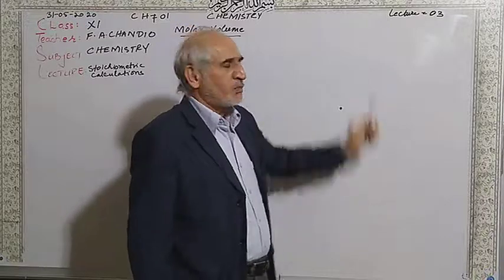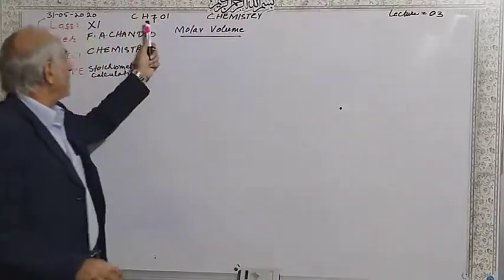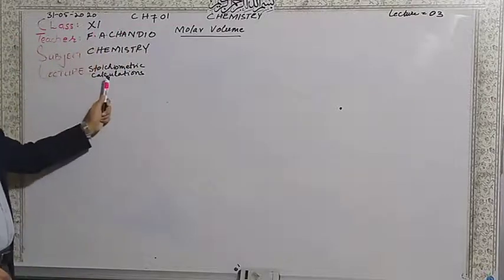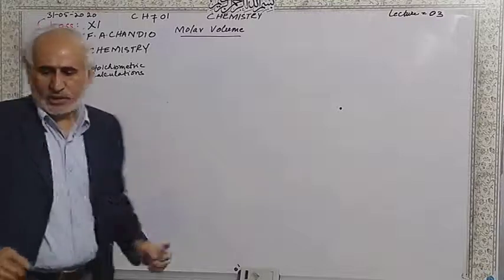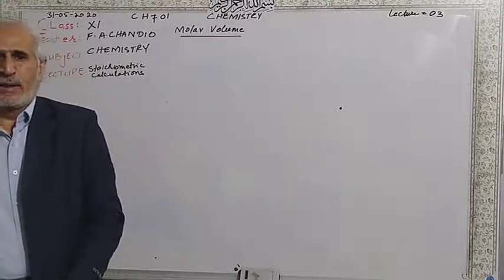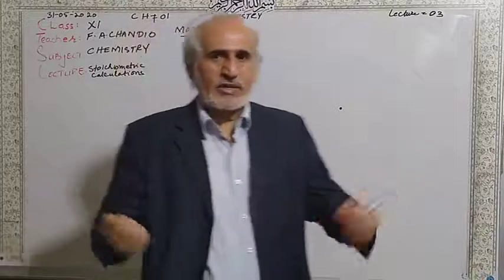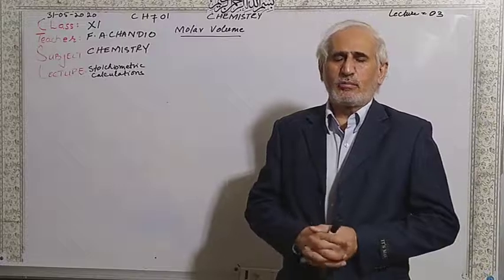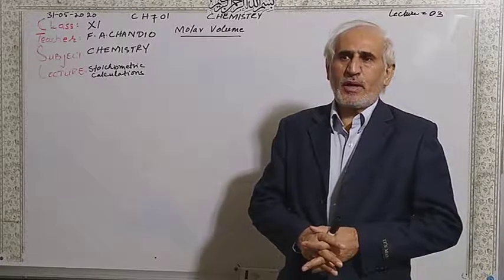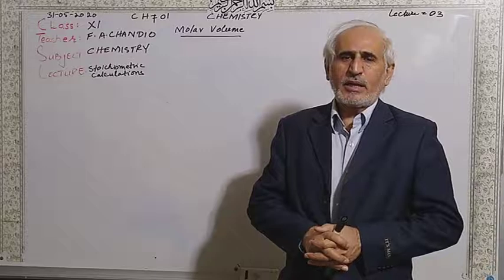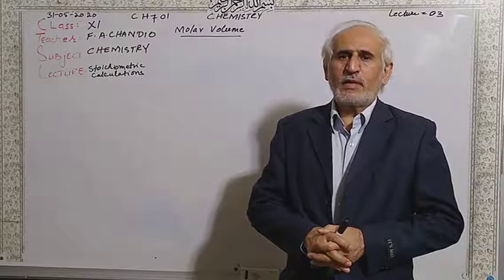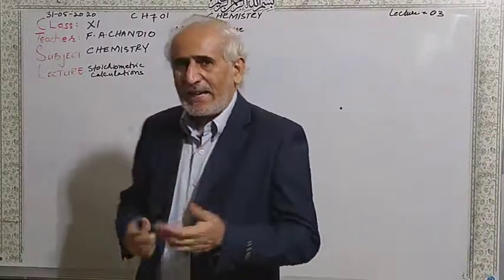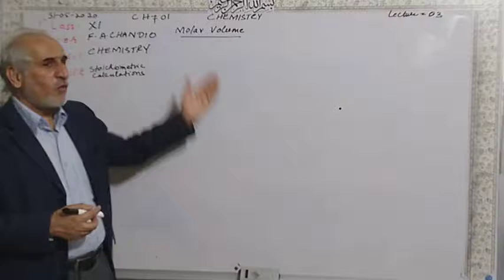In lecture number 2, lecture number 1, class first year, grade 11, we are talking about stoichiometric calculations. In the previous lectures, we learned how to calculate the unknown moles from the balanced chemical equations by using conversion factors. In this lecture, there is the addition of molar volume.